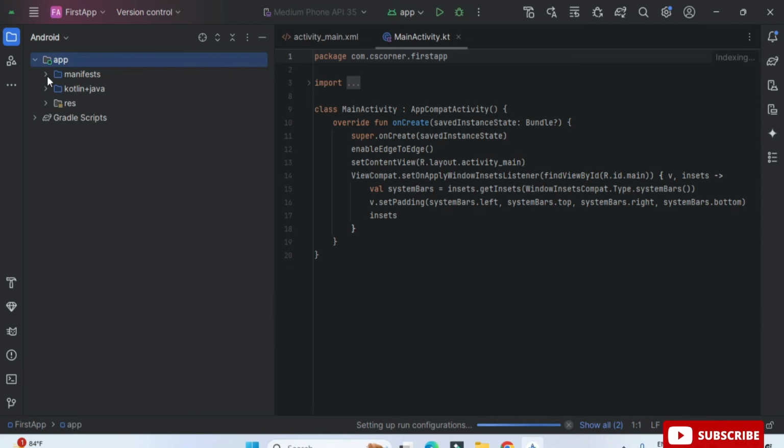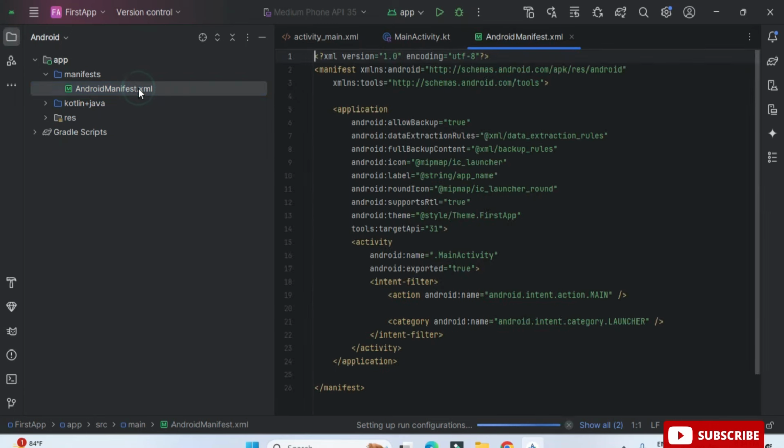After that we have the manifest file, an XML file where your application information will be. Under the Java folder we have the KT file, and whatever your logic or source code is, that goes in the KT file.